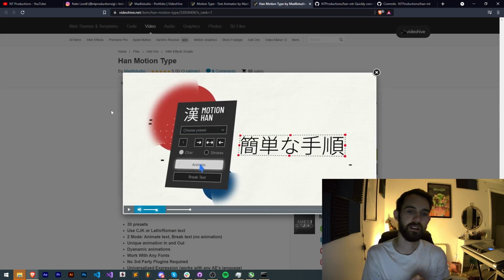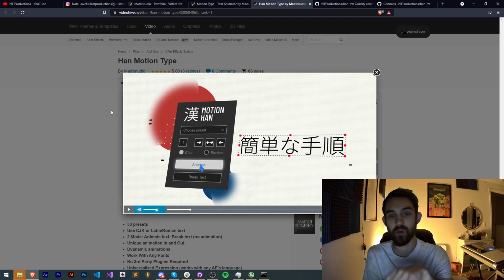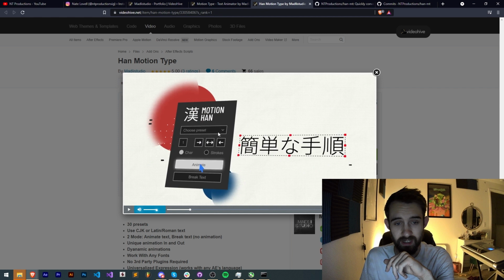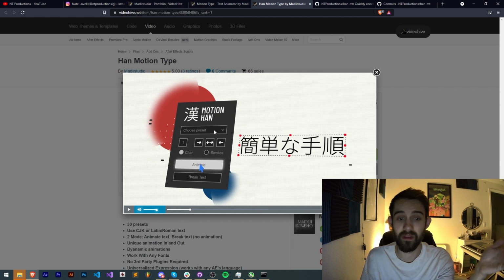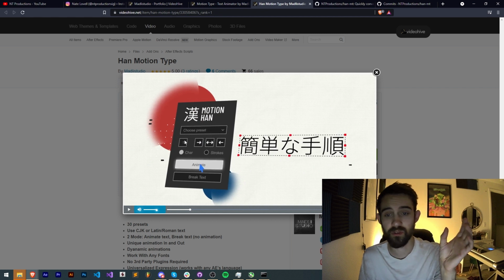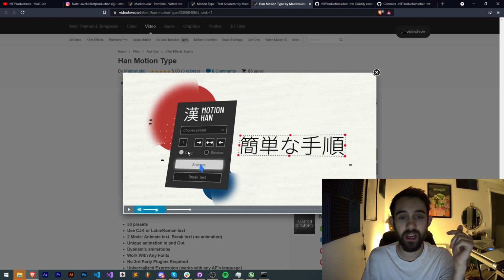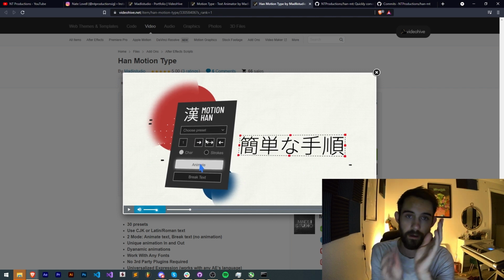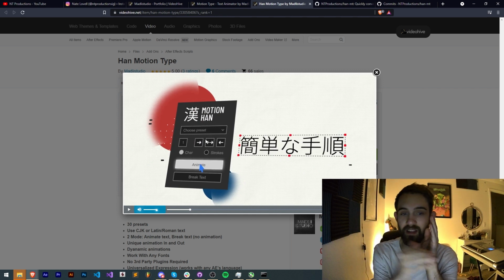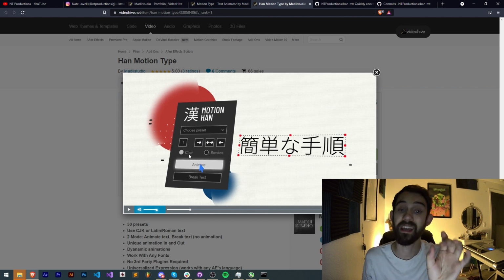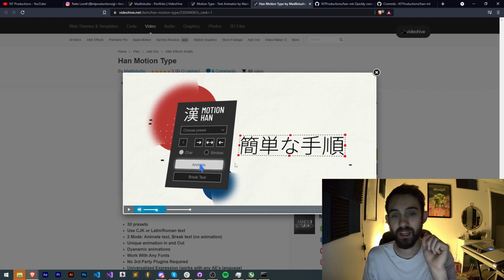So after we created the idea for this script, we had to decide what the features were going to be. Well, we need a bunch of presets. We have this here, ended up being 30. We need some kind of length adjustment so they can choose how long each animation is going to be, which is right here. And then we can have the text go from left to right, from center to out, or from right to left. And then we have the option to animate or break the characters or the strokes. Now, each one of these